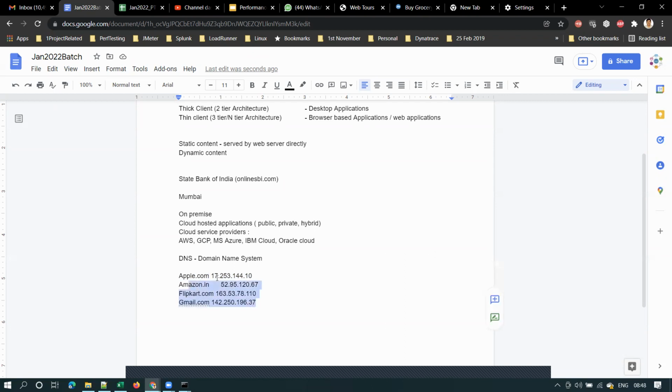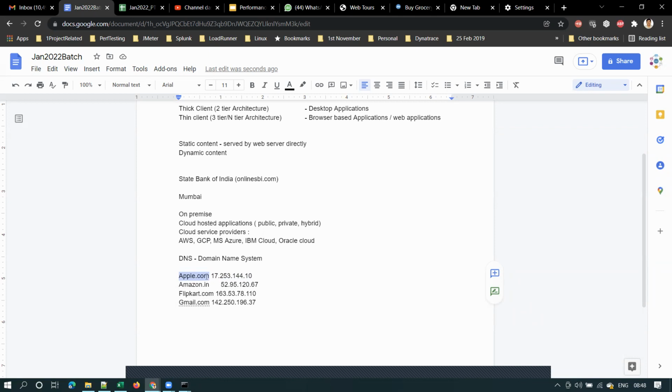So every server or every application will have some domain name, right? However, in the background it will have some IP address, and as that is difficult to remember, every server will be mapped or associated with some domain name, and we will use these domain names. We are actually using these domain names, right?